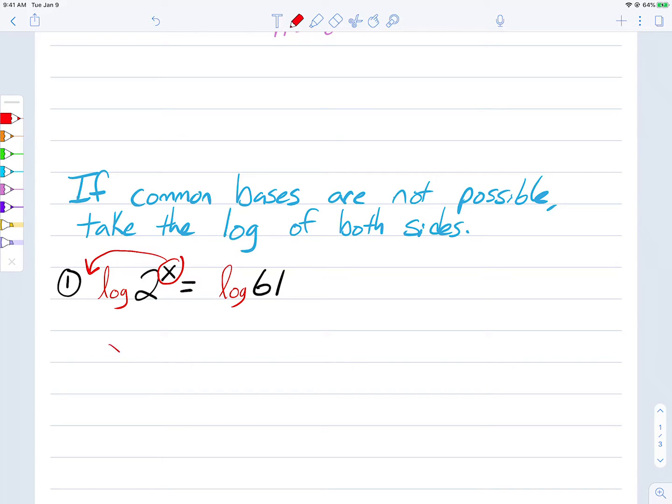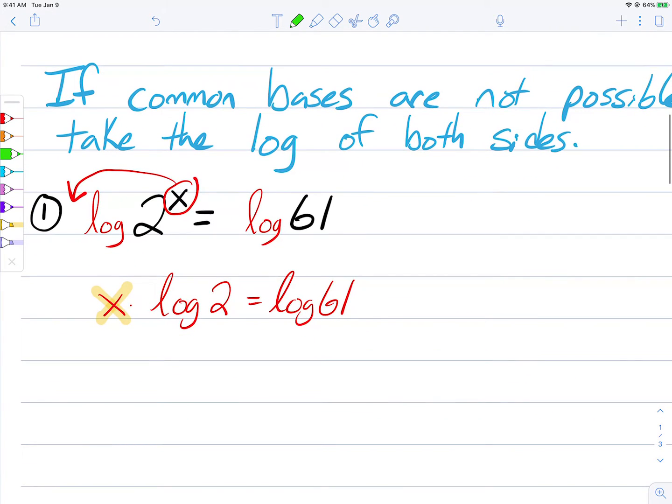So this becomes x times the log of 2 equals the log of 61. If I want to get x by itself, what I can do now is divide both sides by the log of 2. And if I put into my calculator the log of 61 divided by the log of 2,